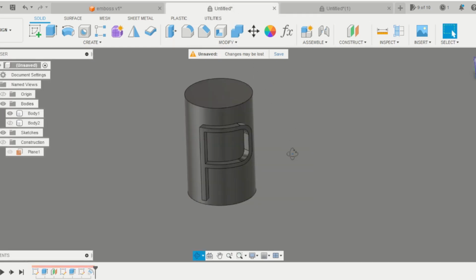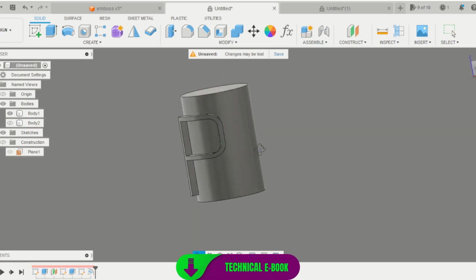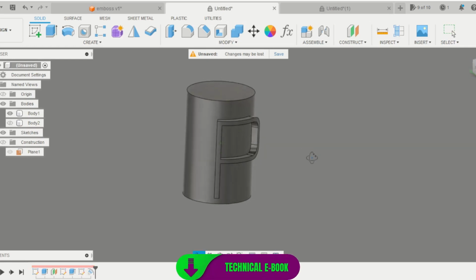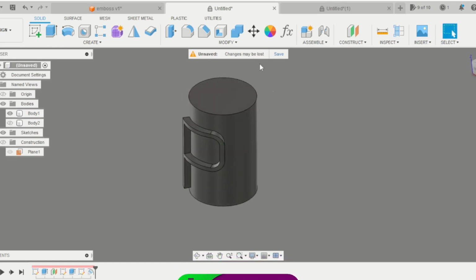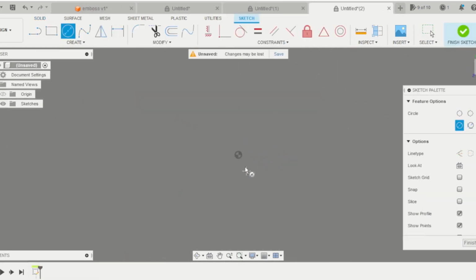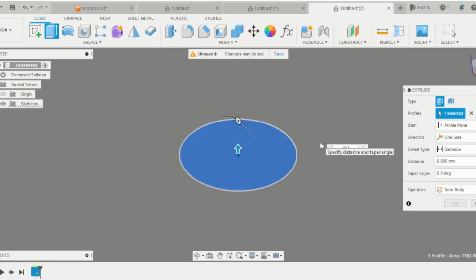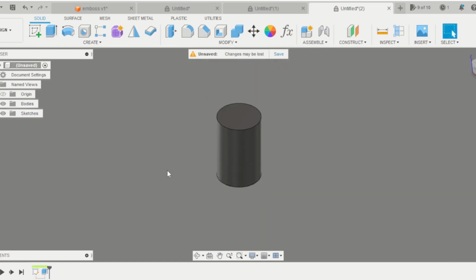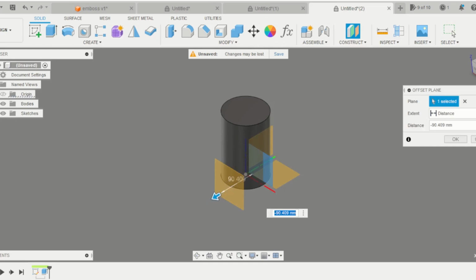Now I have another design. I embossed a letter P in this cylinder using another technique. We can open another design, make this cylinder the same diameter, extrude 55, okay, another plane here, the same,